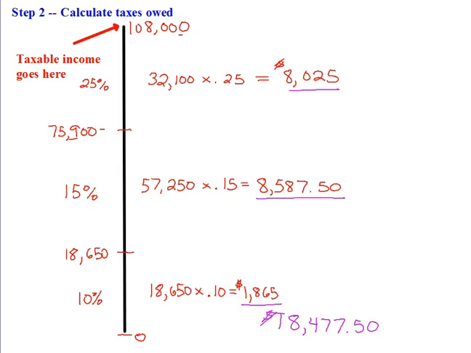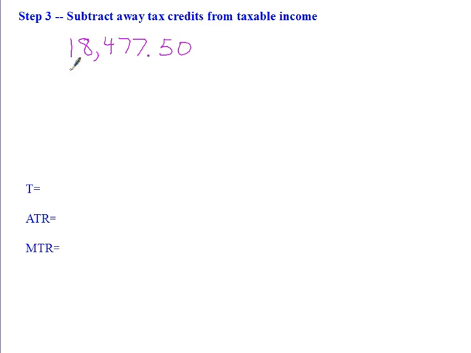So that means we're going to be able to subtract $2,000 off of our taxes owed. That's for the child tax credit. And so my final tax bill is going to be $16,477.50. That's my final answer. So let's record that down here. My taxes owed are